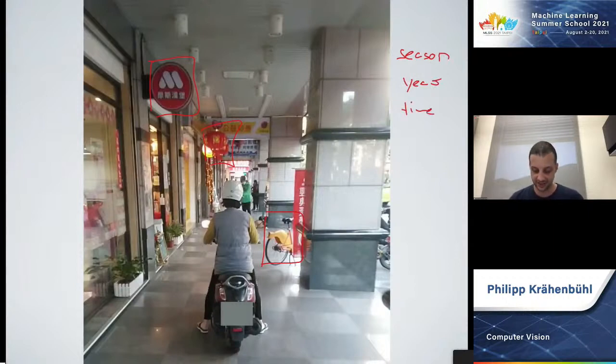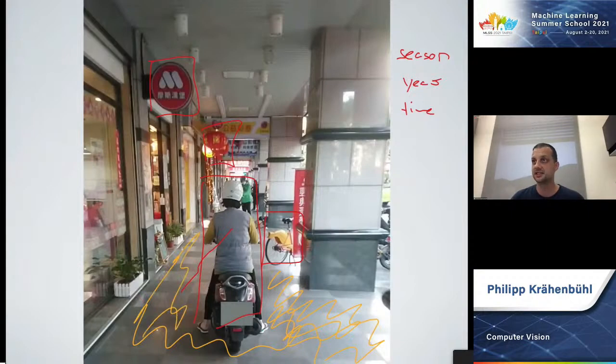Then there's tracking, exactly. So not just what are the objects, but where do the objects come from? Where were they in previous frames? There is semantic segmentation, yeah, which is trying to figure out what is the stuff in an image, anything that's not an object. There is how many people, which is counting.